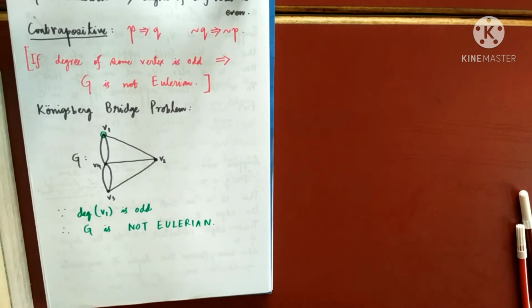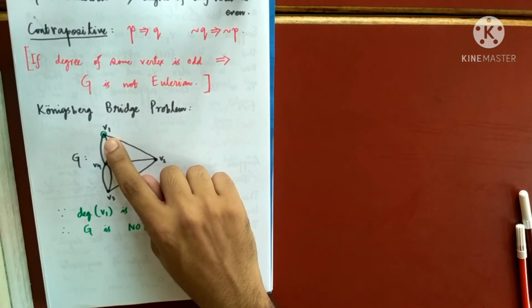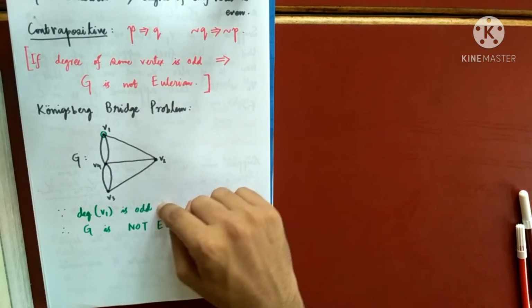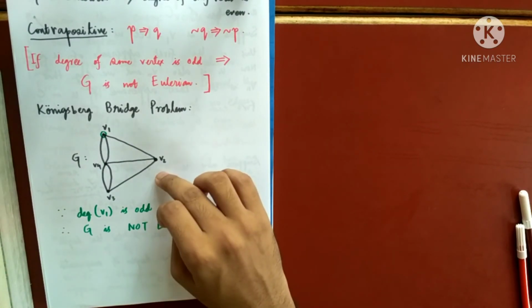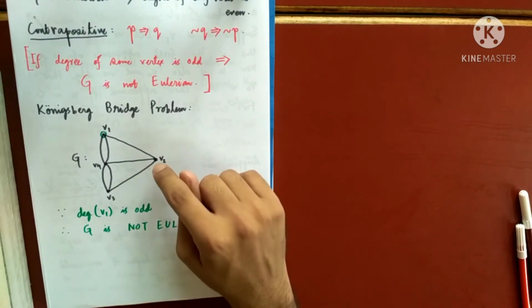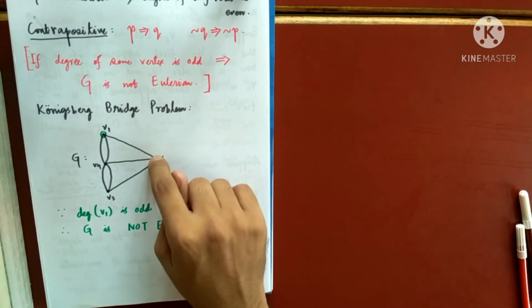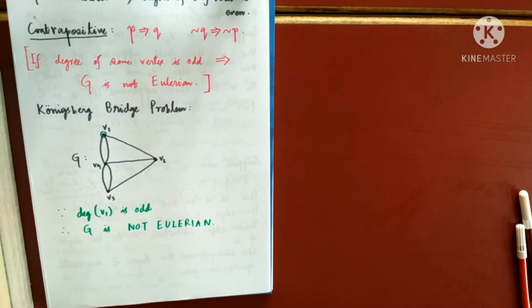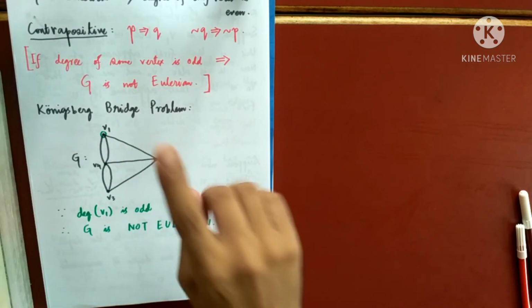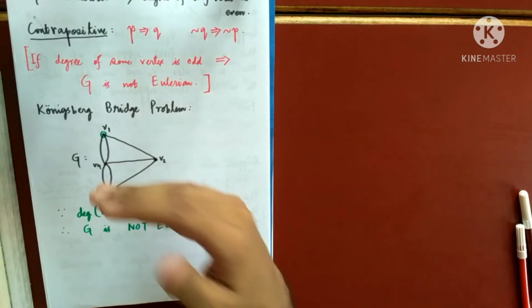That means if I have some vertex whose degree is odd, then my graph cannot be an Eulerian graph. Because I can find a vertex whose degree is odd in the Königsberg bridge problem, it cannot be solved. That means one cannot start at any vertex, cover all the edges and return to the same vertex. The answer is a big no, because the graph is not Eulerian. So it is not possible to find a Euler circuit that consists of all the edges in the graph G.